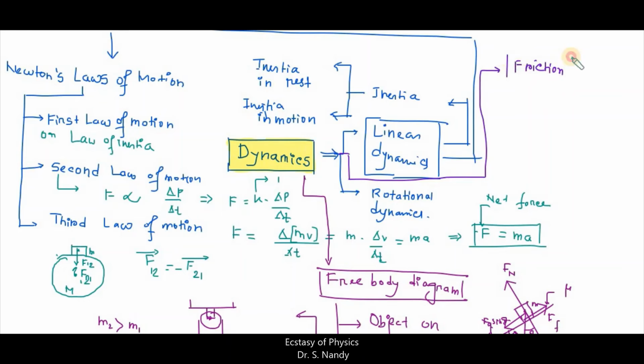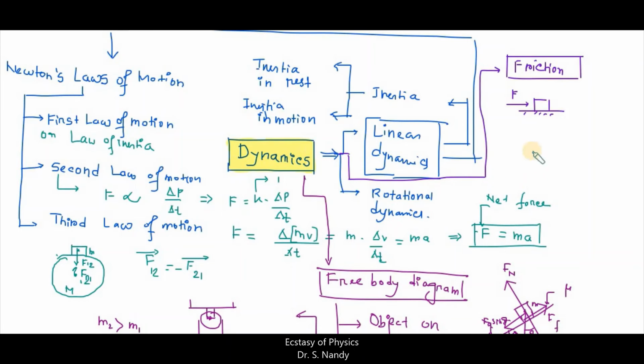Frictional force is a force which tries to oppose the motion of any object. If the object is at rest and any force is exerted on it, the frictional force is a kind of self-adjusting force. It is built in between the junctions, or the contact surface, of the object and the ground, and it tries to oppose the effect of the applied force.